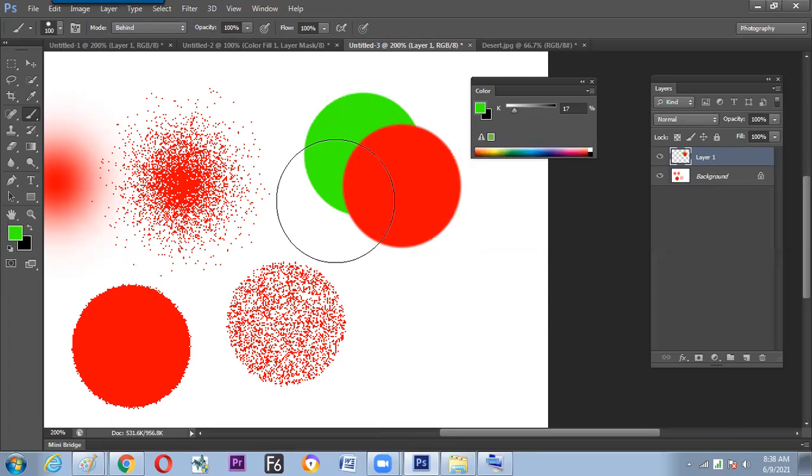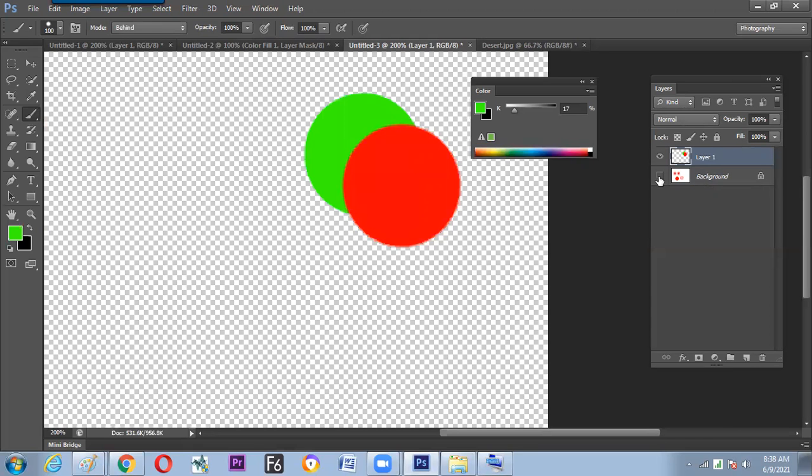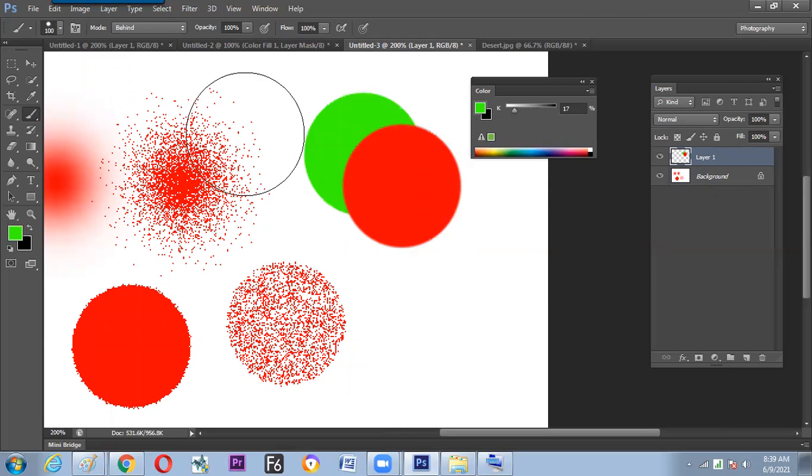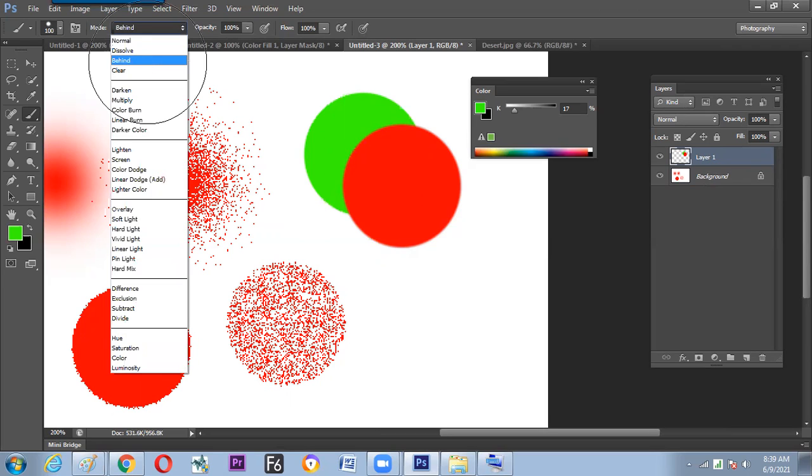So now we have seen how to apply the color in front and behind on an open layer, not on a locked layer. Open means a new layer has to be created. If it is locked, it doesn't work. Next, that means we have understood one more property of the brush. The brush not only applies the color above the subject, it has the capacity to apply the color behind the subject. But a condition applies: make the mode Behind.